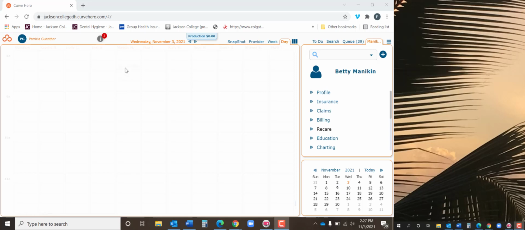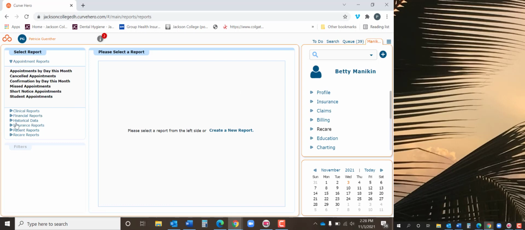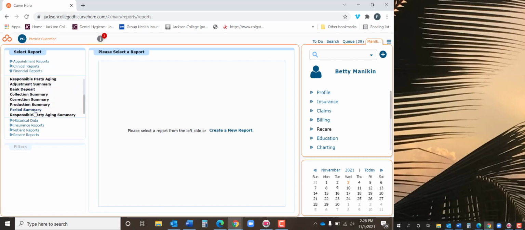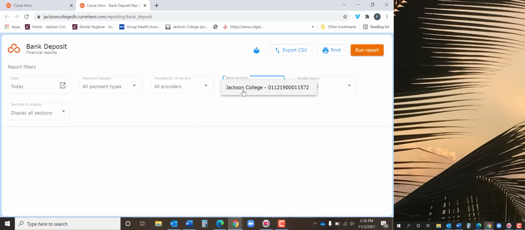I'm going to show you how to create the bank deposit. So you go to the three lines, click, go to reports, and over here, financial reports, and we're going to do a bank deposit. Bank account is Jackson College, and